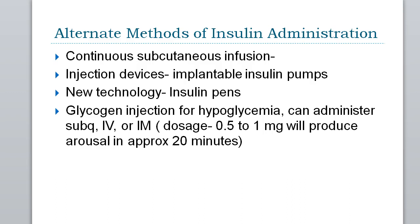But the types of pumps that are out there now are very, very sophisticated and really keep the patient's blood glucose in a very safe range. It just is important that the person realize that the pump is functioning properly, and that the parameters for potential alarms would be activated if a person's blood sugar goes too high or too low. So it could alert the person that, hey, something is not right with this particular blood glucose level. So when we talk about alternate methods of insulin administration,